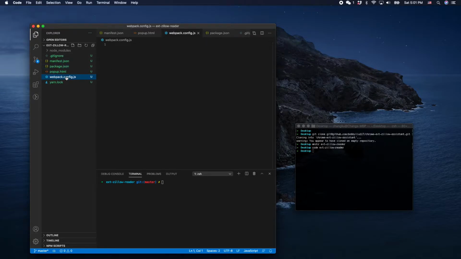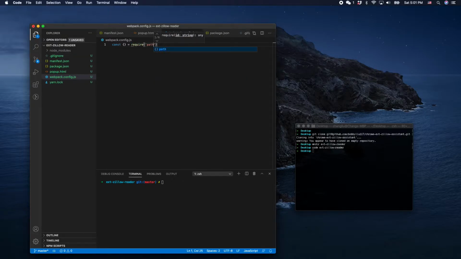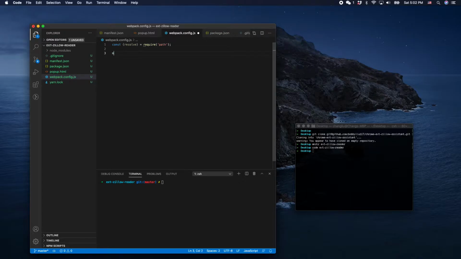So right now, I believe we have to specify something here. We'll need path. This is from Node.js. We will need the resolve function. This pretty much helps us to locate some files inside our directory. And then this is pretty much just the template code that I'm gonna write really quickly and explain. module.exports is equal to,